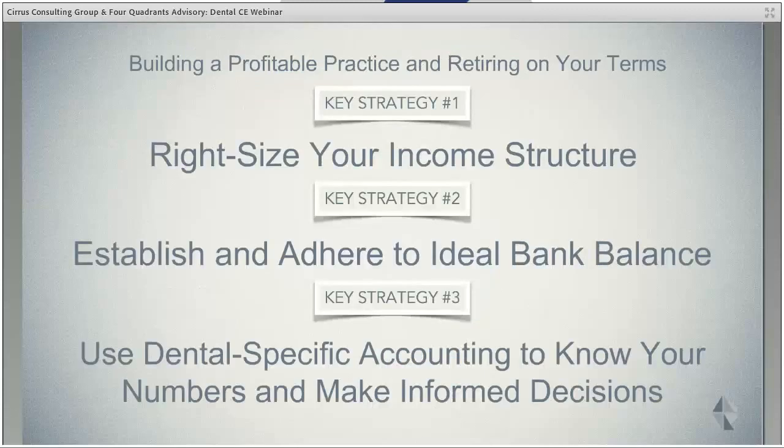So just real quickly, we touched on how to build a profitable practice and retire on your terms. The initial foundation, the first dominoes that really need to be in place to have a chance at this, is to right-size your income structure. The W-2 is going to be different for every practice and every situation, but getting that consistency is very important, and consistent distributions, not haphazard ones. Establishing and adhering to an ideal bank balance of 10% adds so much consistency to a practice. It's very important. And then dental-specific accounting,